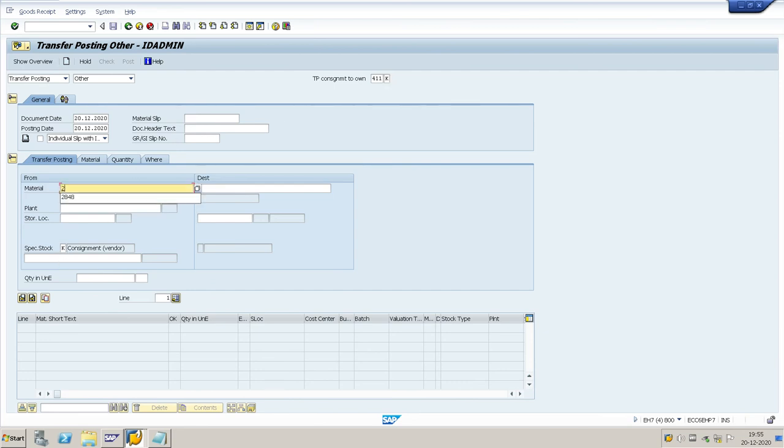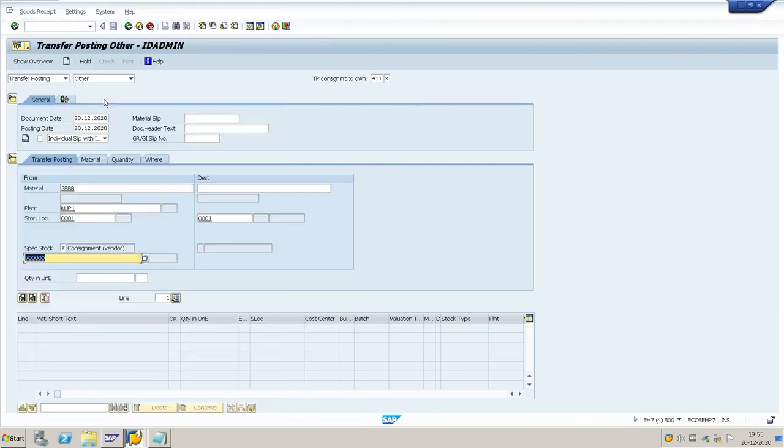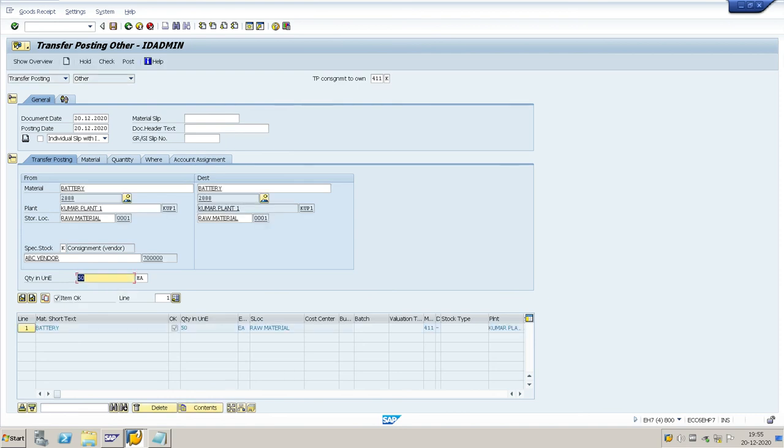Mention the material. The plant is W01. The name of the vendor, ABC vendor. Quantity I will give is 50 kg.